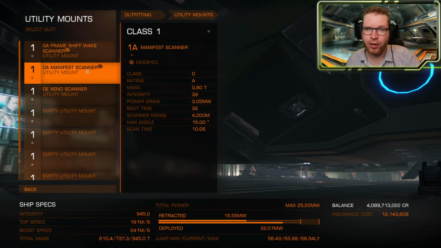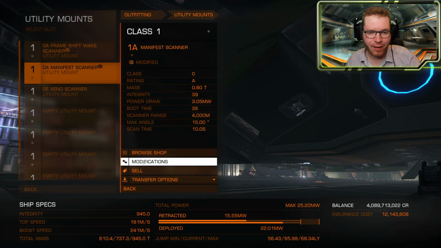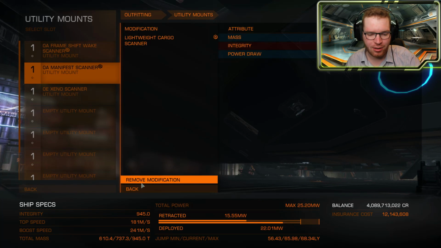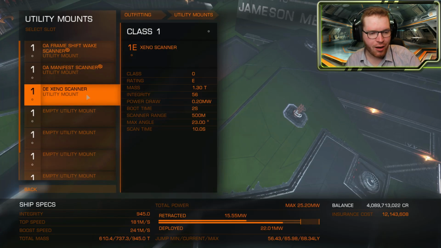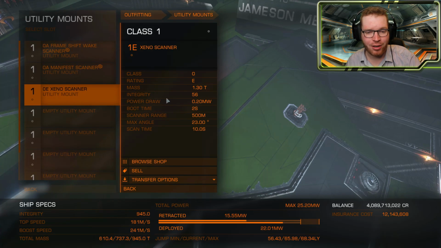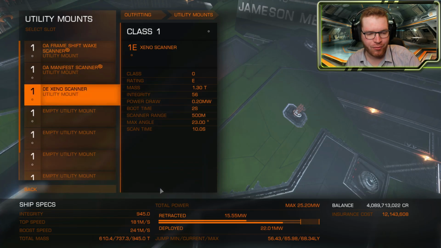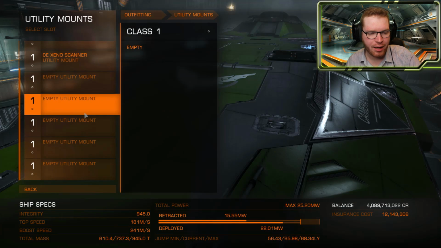Manifest scanner, if I want to do some installations or megaships, or if I for some reason find something interesting that requires me to scan some cargo, I have a manifest scanner, I believe. Yeah, this is lightweighted as well. Xeno scanner, again, if I want to interact with Thargoids, it might be a good idea to have, it's nice to have. It's not that heavy anyway, so I have a Xeno scanner on it,